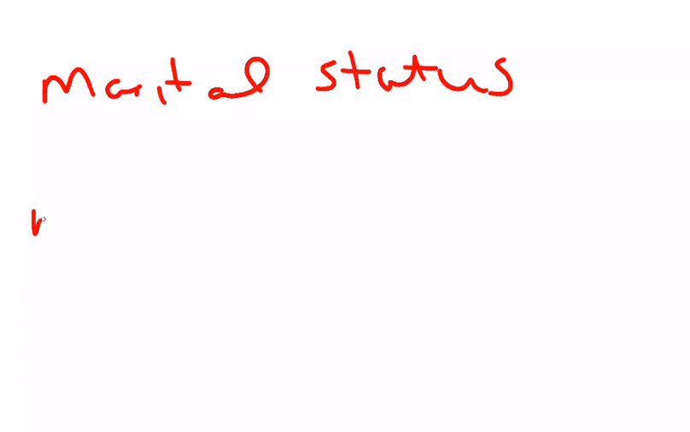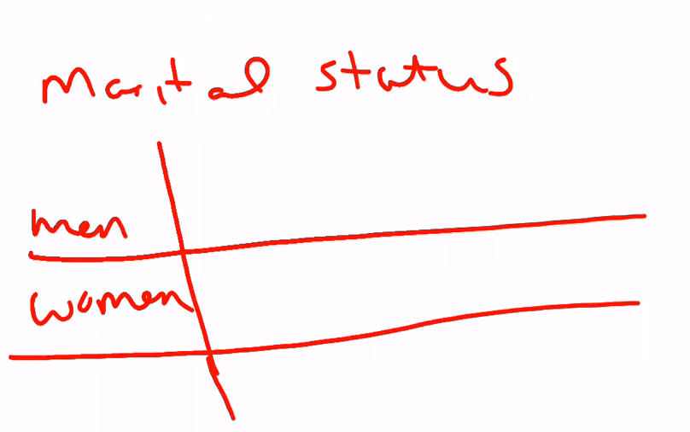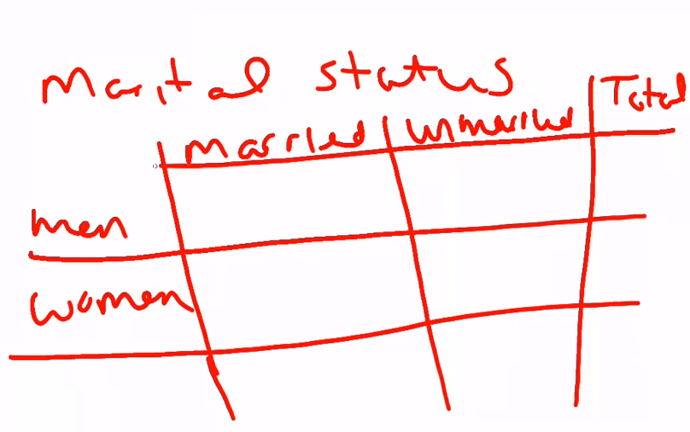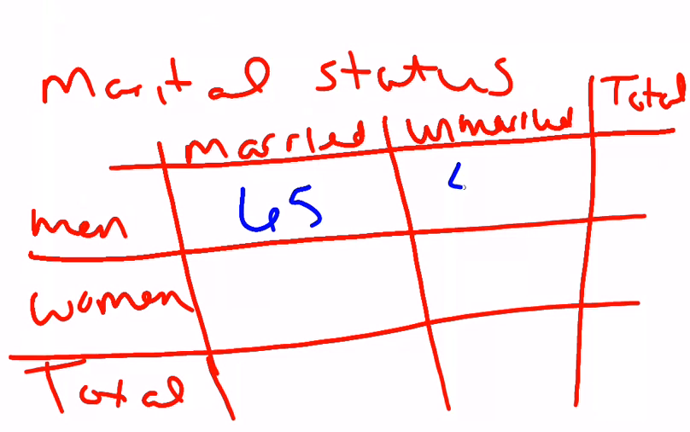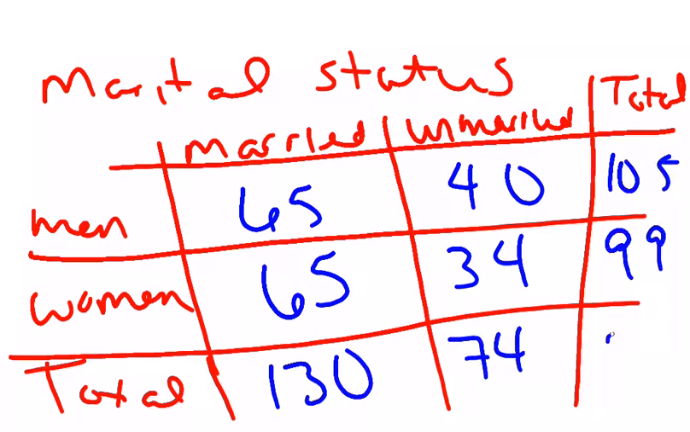So, for example, if I have a chart, marital status, and so we have men and women, and so married, unmarried. And then we're also going to look at the total. So let me fill this out. Okay,